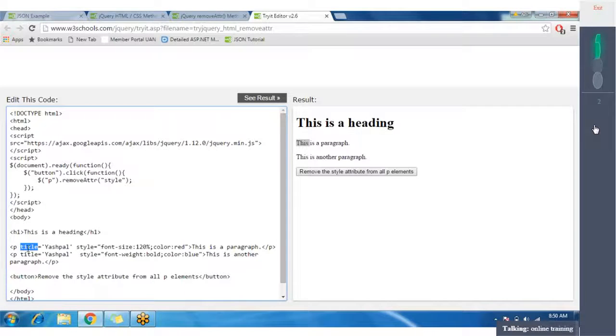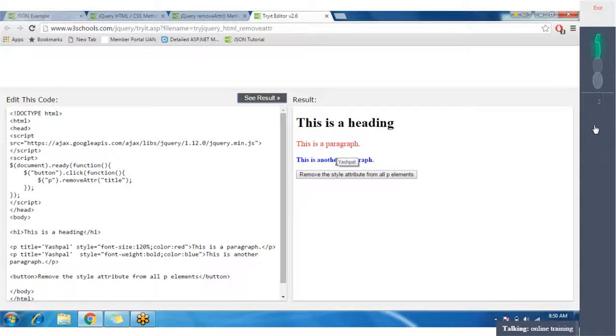I want to remove the title, so I have to pass the name of the attribute in removeAttr. You can see that I have the title which is showing me Yashpal. On the click of this, I will remove that. So now it will not show me the Yashpal. Any attribute you want to remove, you can do so.